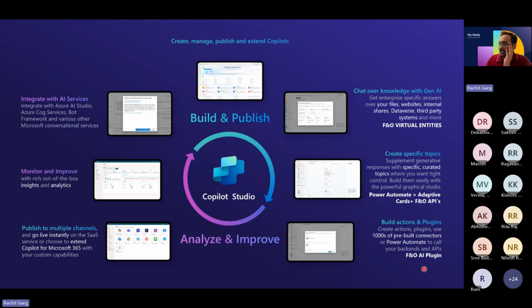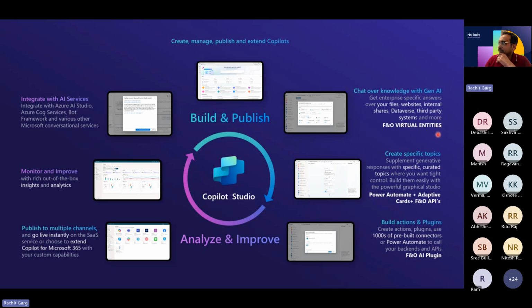But again, the modern way is to use actions and plugins. You can build X++ plugins in FNO, expose them as Dataverse APIs, and then add that as an action in Copilot Studio. Or the latest one is the MCP server. With the MCP server, you just add the server and everything gets plugged into your Copilot. So this is from the FNO perspective.